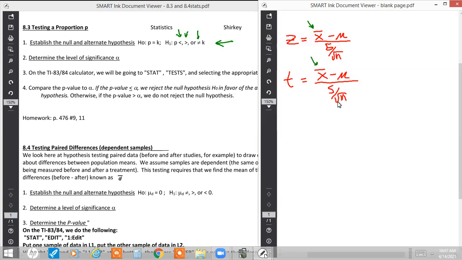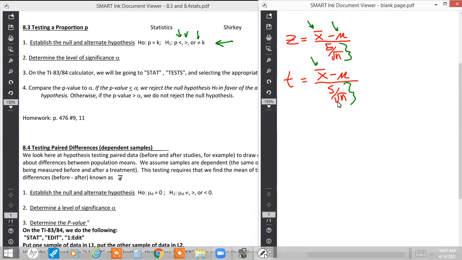And the pattern is you take your sample statistic x bar, you subtract the population parameter which corresponds to it, which in this case is mu, and you divide by the standard deviation, right? For both of these, you're dividing by the standard deviation of either the population or the sample for the x bar distribution. It's a similar pattern